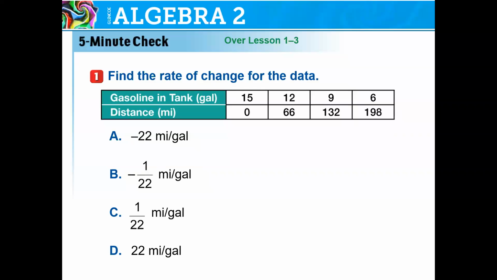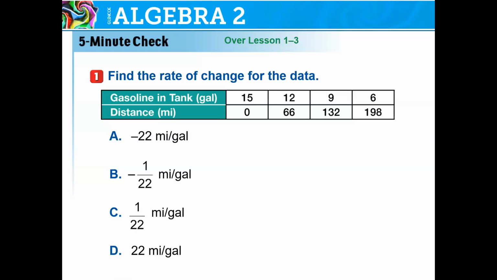The farther we go, the less gasoline we should have. So the distance should be our X value, and the gasoline in the tank should be our Y value. Or I might have said that backwards. No, distance is Y value, gasoline in the tank is X